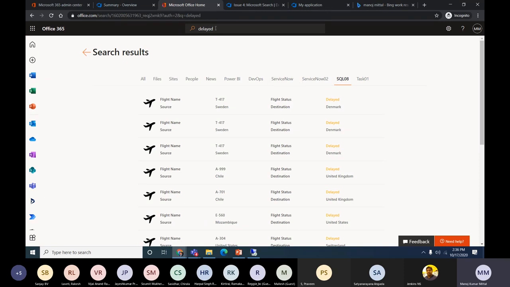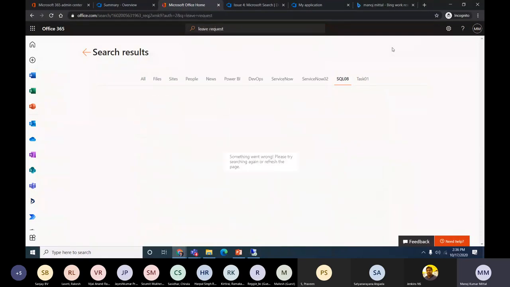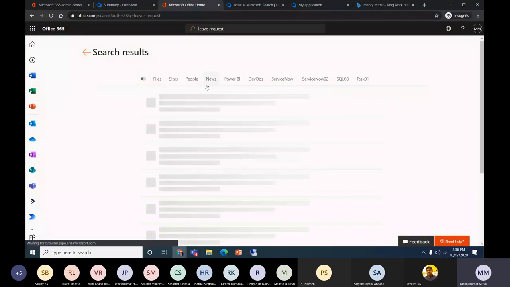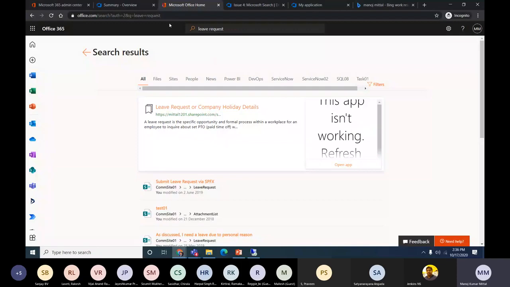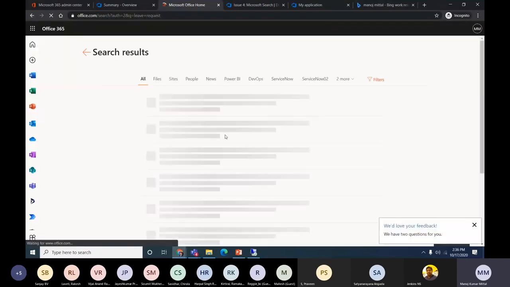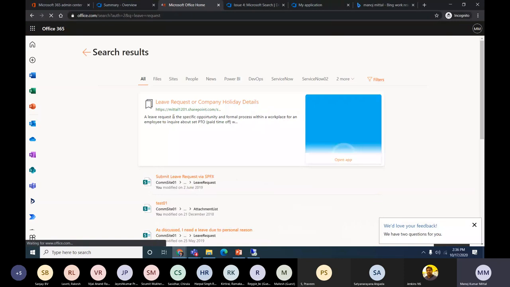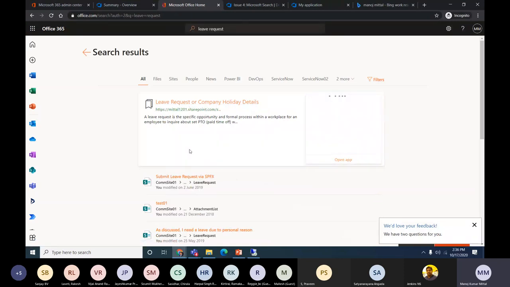So while doing the configurations, we can do all these things. As the interactive things I just showcased, if I show the leave request here, let me go back to this one. If you see the leave request, this is my Power App application. Let me refresh. This is the bookmark we have defined in Microsoft Search, and moreover,